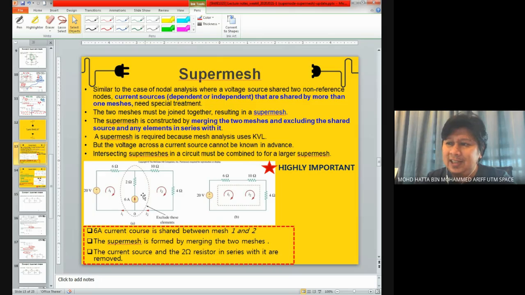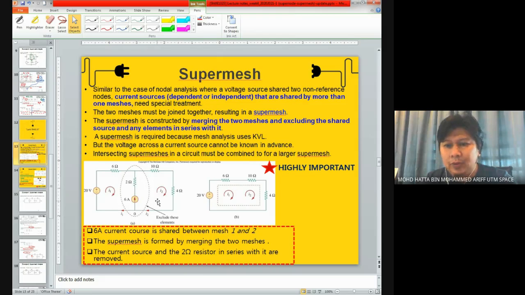If you look at this circuit arrangement, you have two meshes. First mesh is over here, and second is here. And in between these two meshes, you have a current source over here. So in this situation, we can consider this circuit must be analyzed using Supermesh. And looking at the circuit arrangement,